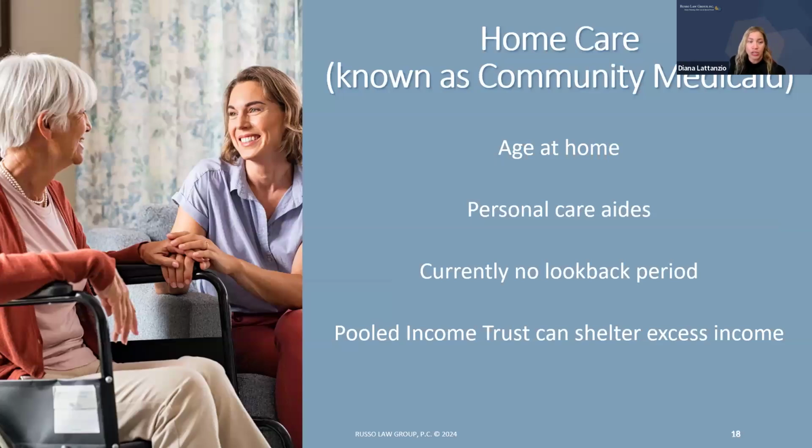The first one is home care. It's also referred to as community Medicaid. So those terms are interchangeable. That's when you're starting to slow down, you're getting a little older, and you're starting to need help with your activities of daily living, and you may hear the acronym ADLs. Those are things like walking, feeding, toileting, housekeeping, dressing, bathing, things that maybe we take for granted every day. Under this program, you can apply and have personal care aides come to the home to provide support for the applicant so that you can be properly cared for at home and age in place.